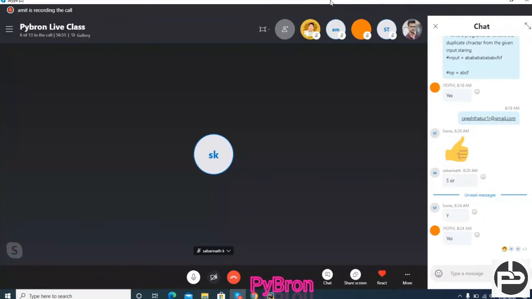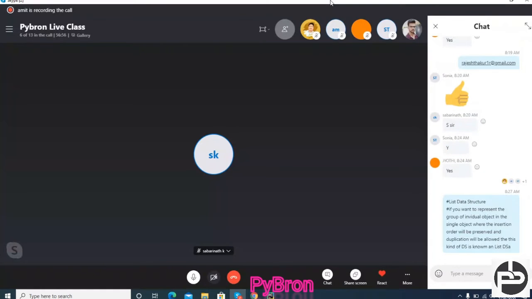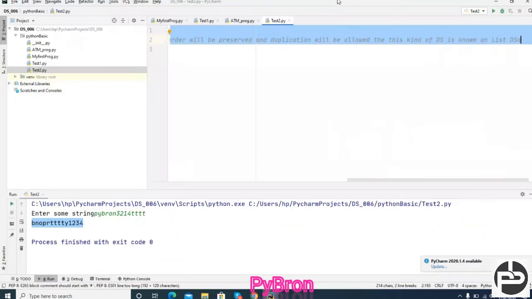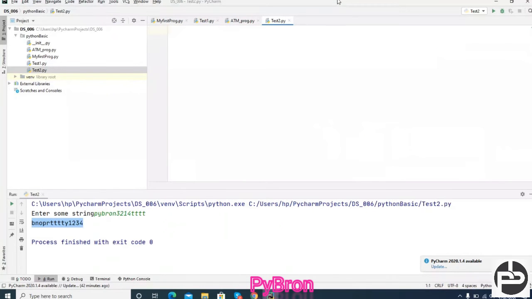Done. So, list data structure, right? And how are we going to represent a list? With the help of square braces. Okay, no worries. I'm going to define the list.